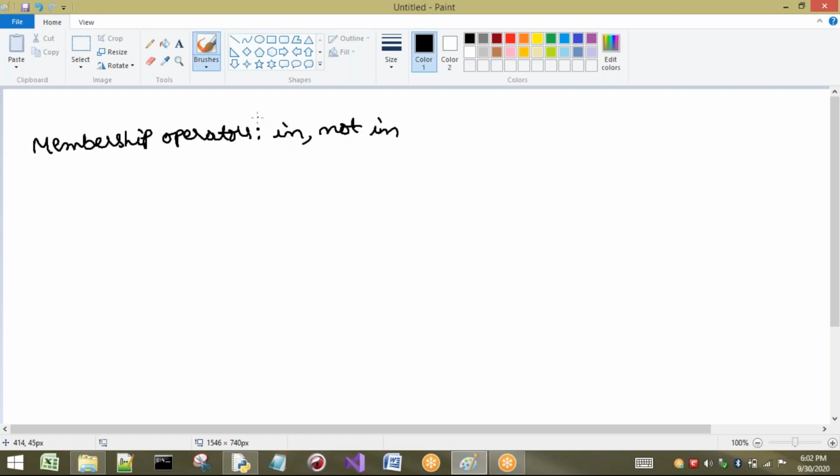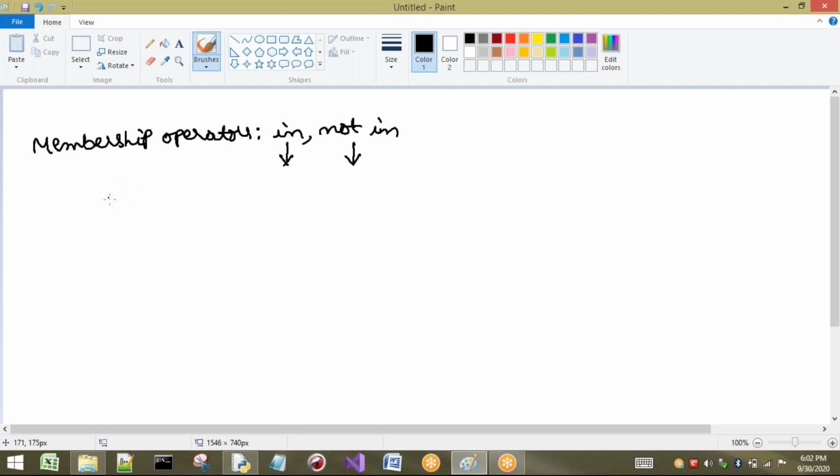In is going to tell whether the particular element is present in that list or not. In the same way, not in is going to tell us whether the element is not present in the list.